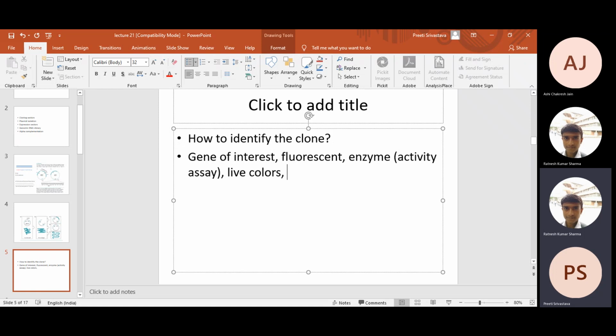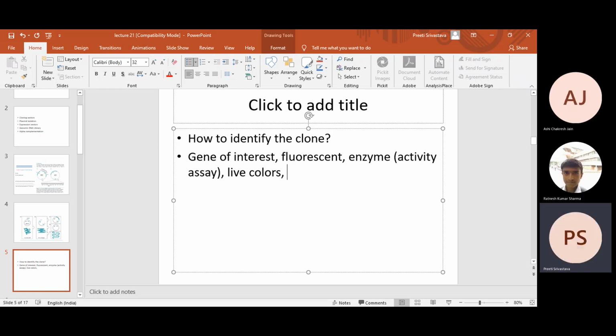So in such cases it is possible, but many a time we try to clone a gene which does not give a visible color or a visible fluorescence. For example, the gene of interest can be for some therapeutic, for example erythropoietin, right, or granulocyte colony stimulating factor, or for example any other gene for replication. So in such cases there is no visible assay to identify the clone, right? So in such cases, class,